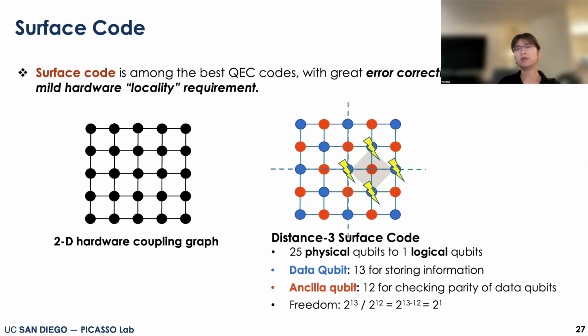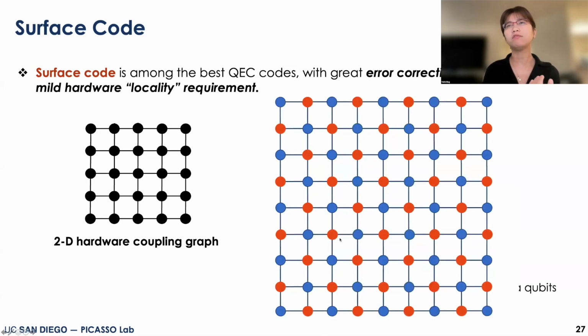And you can see in particular, the freedom here is just 1 because you have 1 more data qubit than the ancilla qubits. That is how in total, these 25 physical qubits work as 1 logical qubit. And definitely you can increase the distance D here. For example, this one is distance 5,